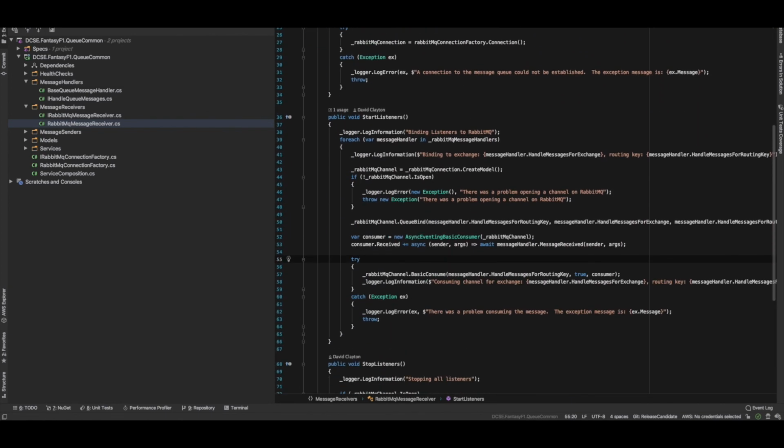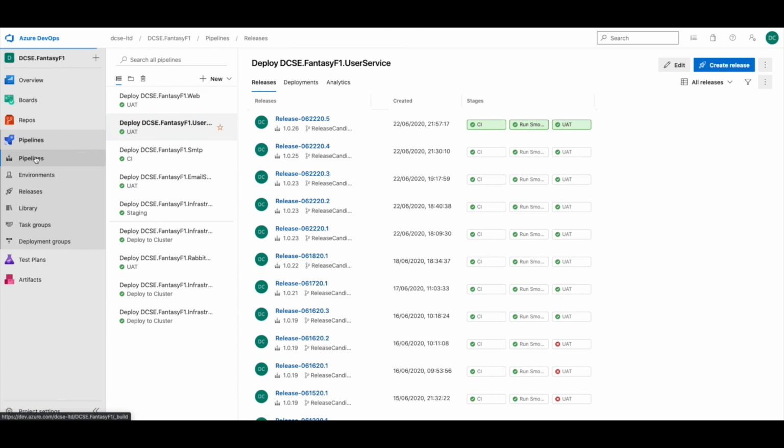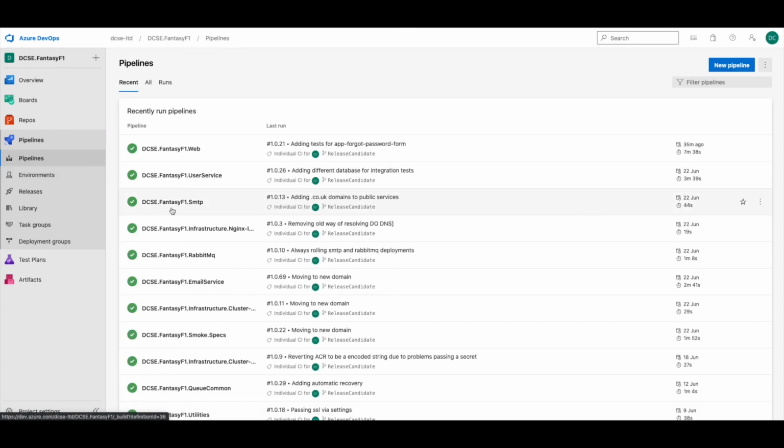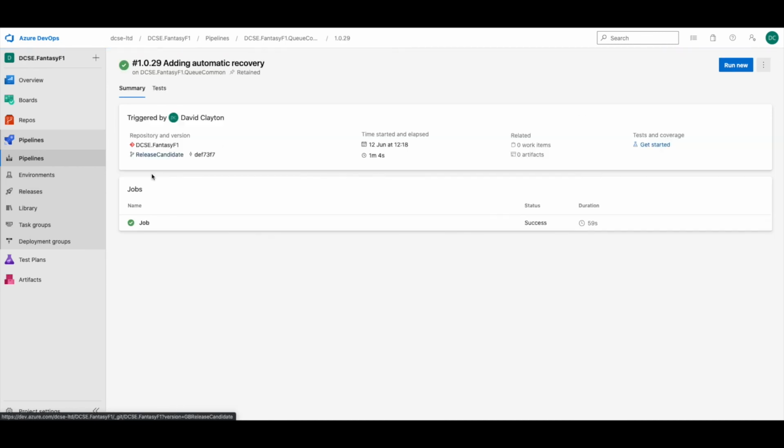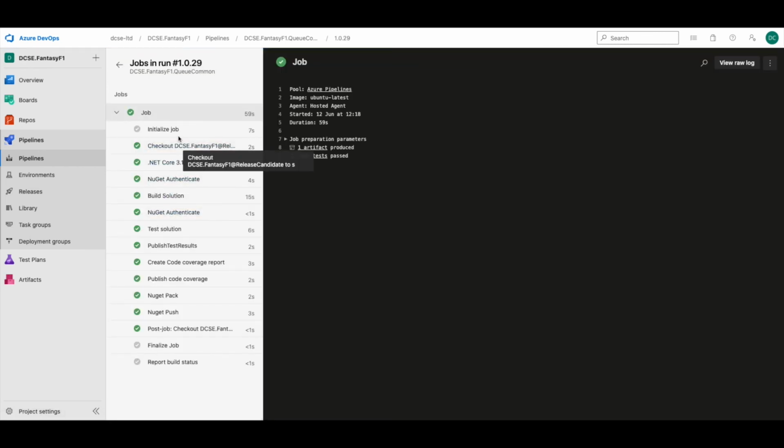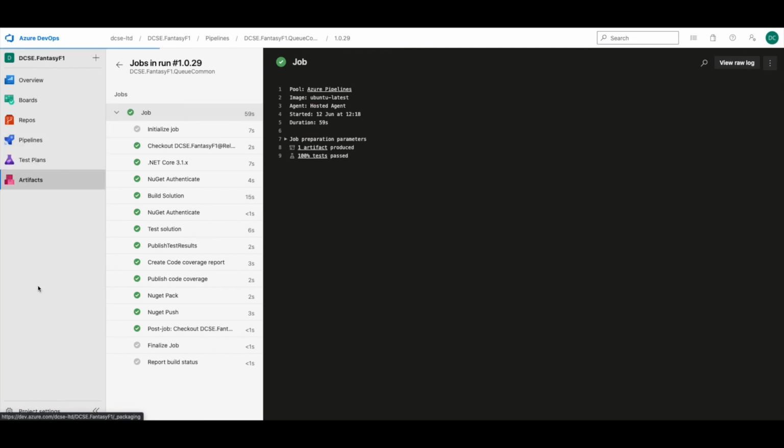It's loose. So what we do with this is then, again, using Azure Pipelines, when I commit code into that QCommon project, you'll see somewhere in here we've got QCommon, which again just goes through its build pipeline, done in exactly the same way, runs any tests that are in there, and then we just NuGet pack and push this. And the nice thing about Azure DevOps is we've got artifacts here built in. So if we look at artifacts,